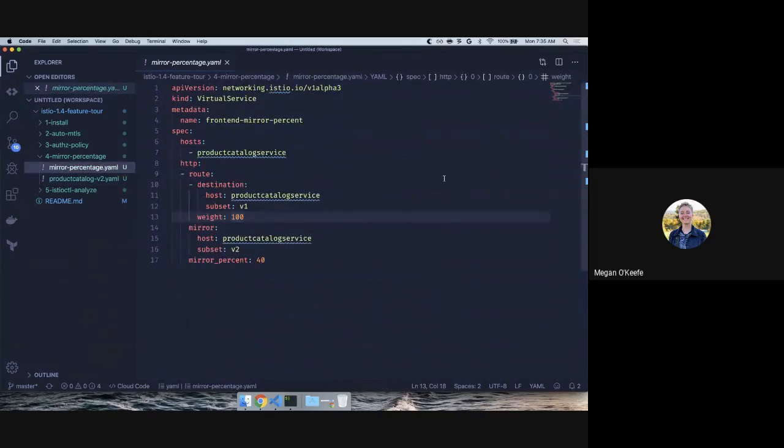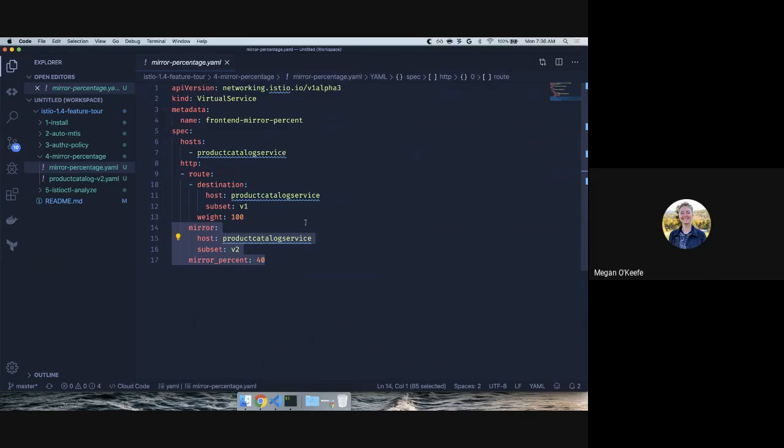And then I'm going to mirror. I'm going to send all production traffic, 100% of it, to v1, because v1 is still the source of truth. It's still prod. v2 is the new version, or maybe the test version, and I'm going to mirror 40% of my production v1